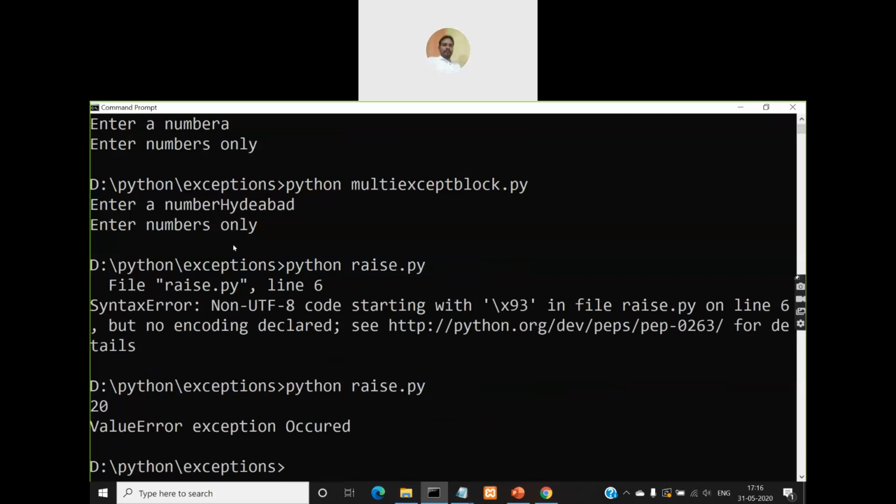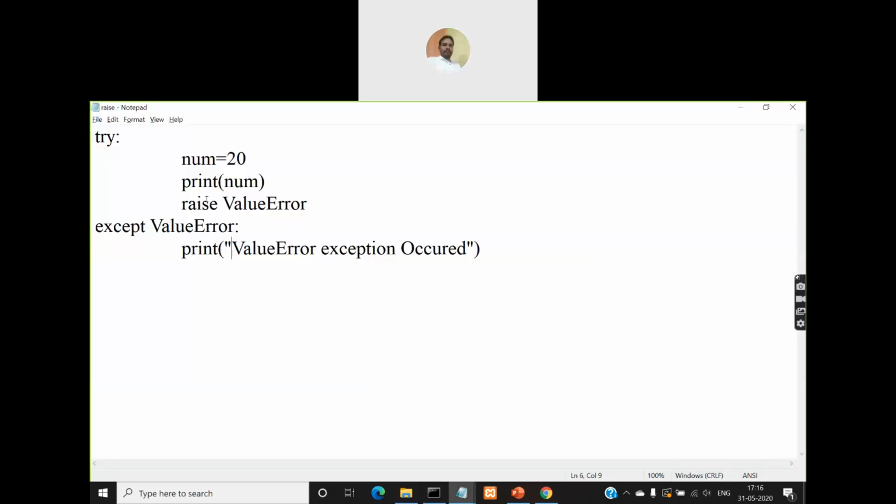See, look at the output. "ValueError exception has occurred." This statement will be executed, but here the exception will be generated, and after that the except block will be executed directly.